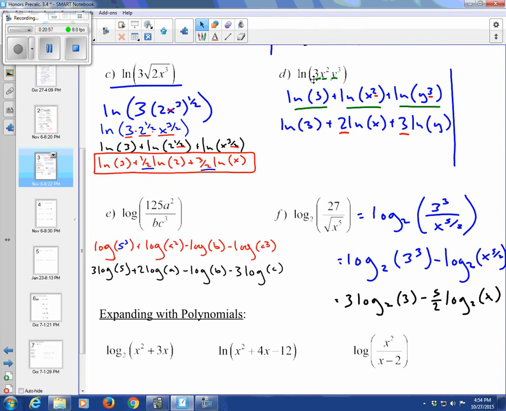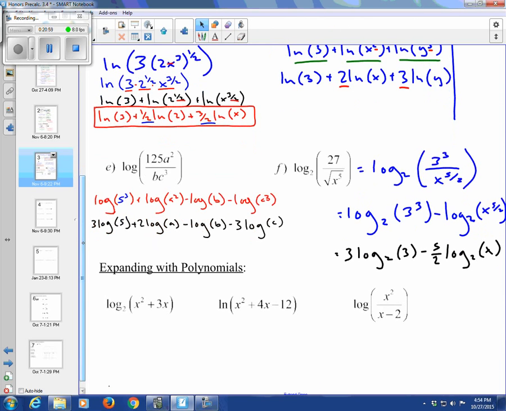Okay, so in our next one, right here, what we're seeing is 2 things being multiplied in the numerator and 2 things being multiplied in the denominator. So the 2 things being multiplied in the numerator are going to expand out into positive logarithms, right? That's that 125 and a squared. They're going to be in positive common logs. And right here, the 2 things being multiplied in the denominator are going to expand out into negative common logs,